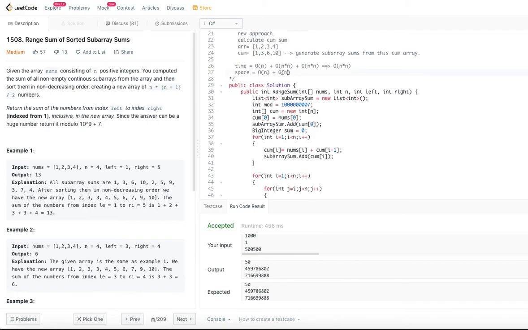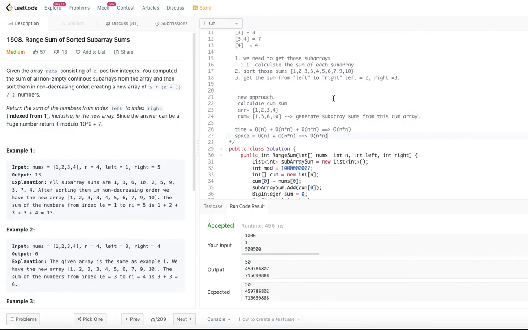So essentially order of n square. So that means the total space complexity will be order of n square, right? So time complexity is order of n square and space complexity is also order of n square. So from the first discussion it was order of n cubed, we brought the time complexity down to order of n square.